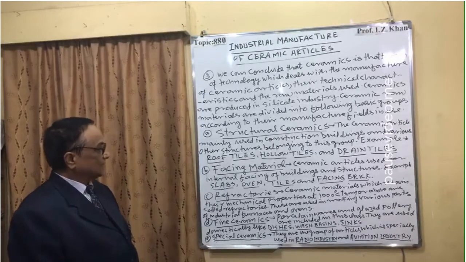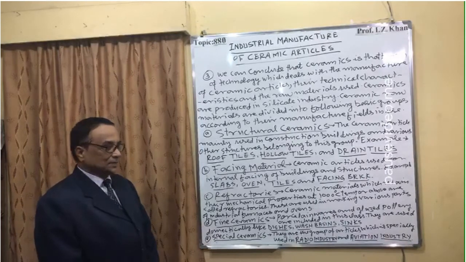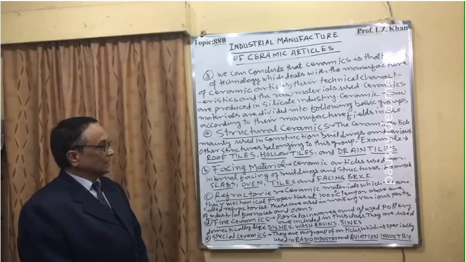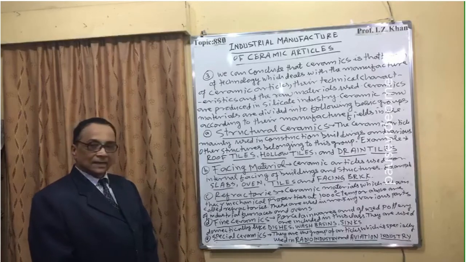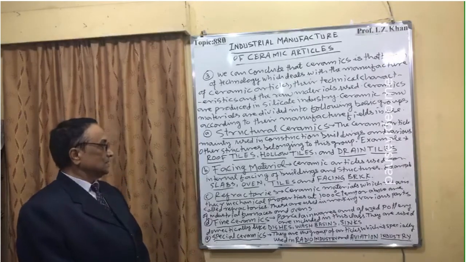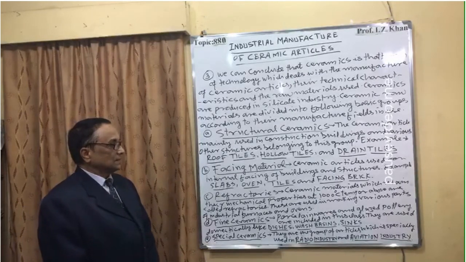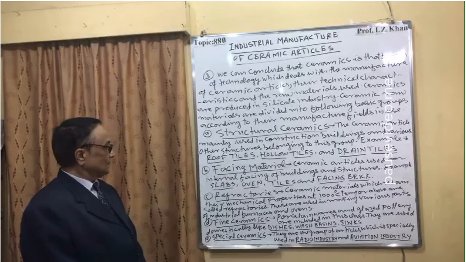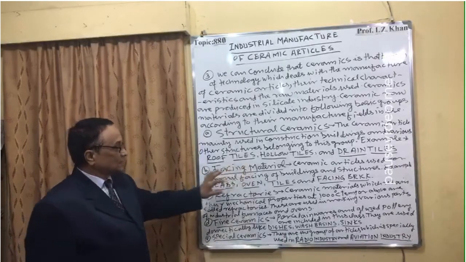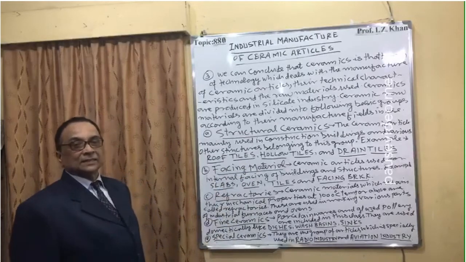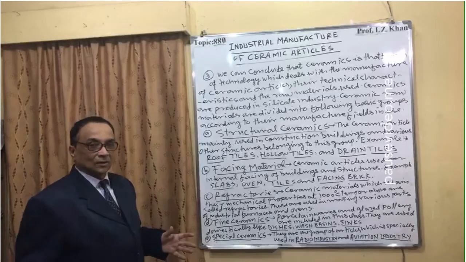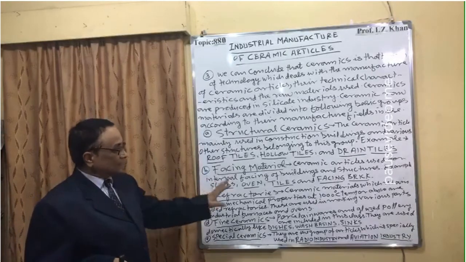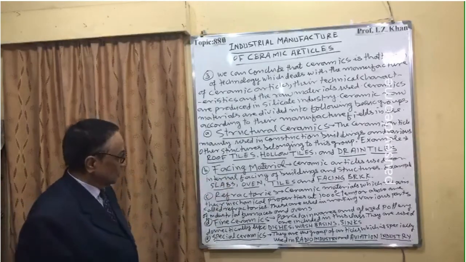B, facing material is a type of ceramic. This ceramic article is used for internal facing of buildings and structures, and they are slabs, oven tiles and facing brick. These are all main articles produced in ceramic industry. If you go to a ceramic industry or silicate industry or clay industry, whatever name they are given, you can ask for all these products and you will get them.